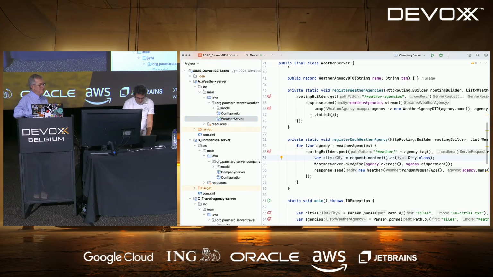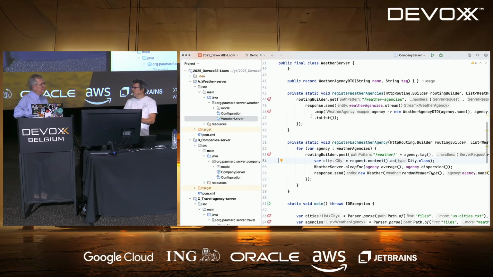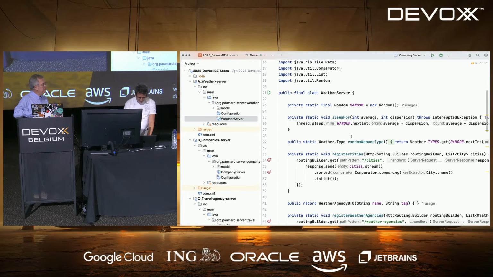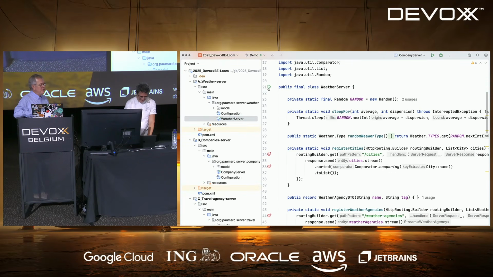Here we have a server. You write the code using Helidon, because Helidon is built on virtual threads, and we're talking about virtual threads.